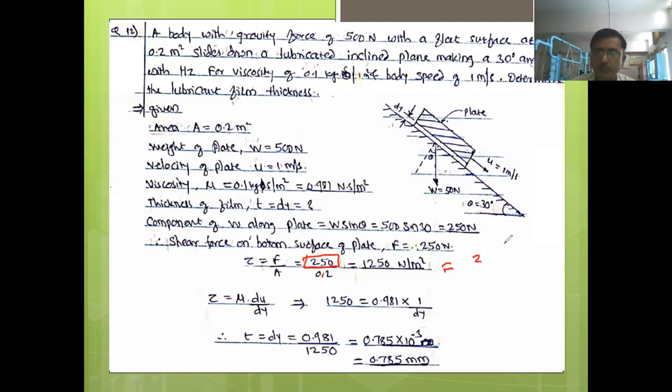250 divided by 0.2. You will get 1250. This is the value of tau. Then 1250 is equal to 0.1981 into 1 upon dy. And you will get the answer as